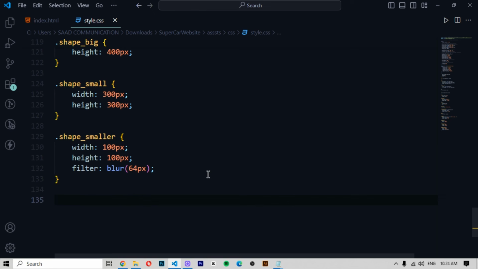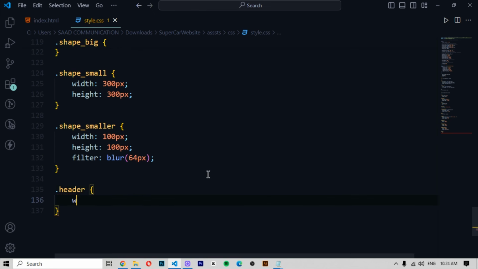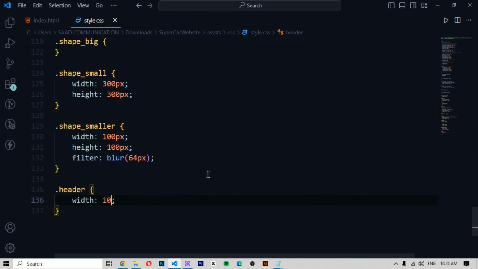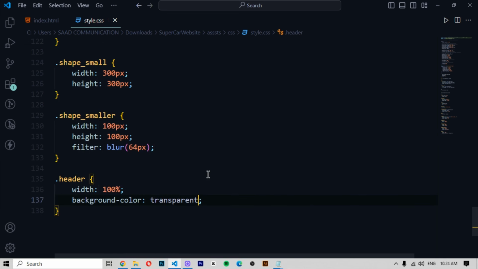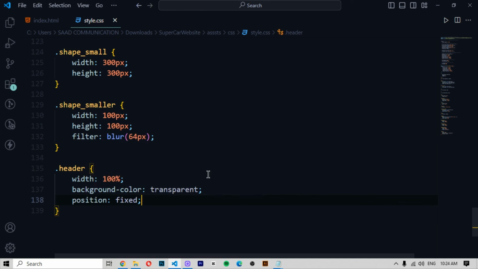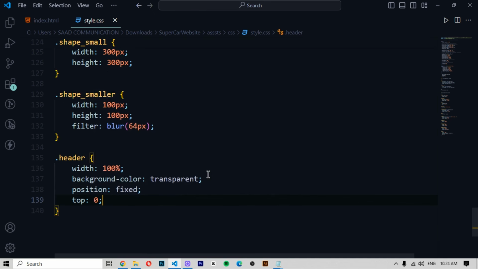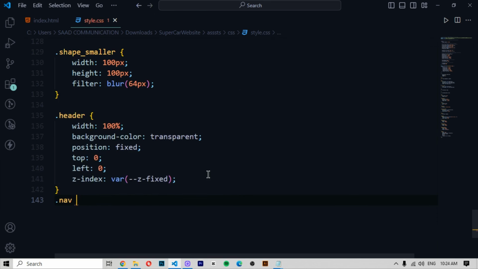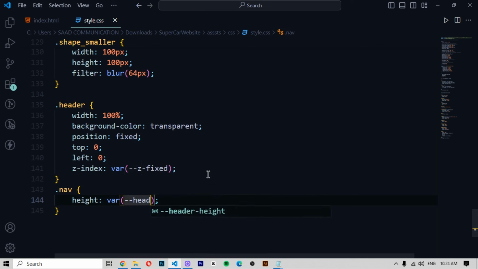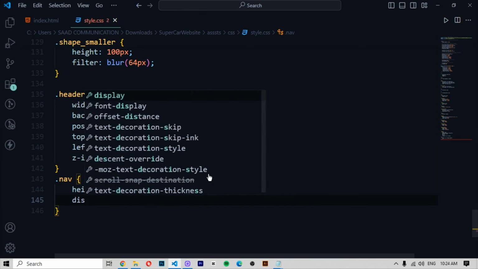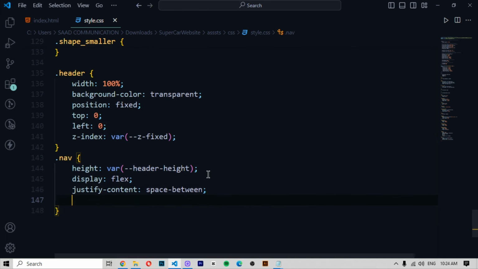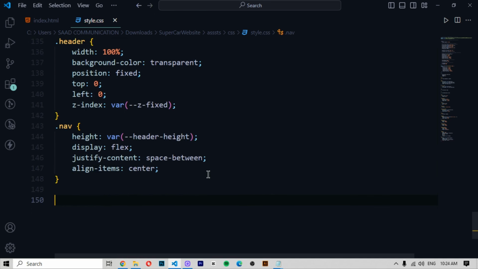Enter. Then the header and navbar we define. First of all, in the header we define width 100%, background-color transparent, position fixed, and then top 0, then left will be 0, and then z-index var(--z-fixed), and then .nav height var(--header-height), display flex, and then justify-content will be space-between, align-items center,